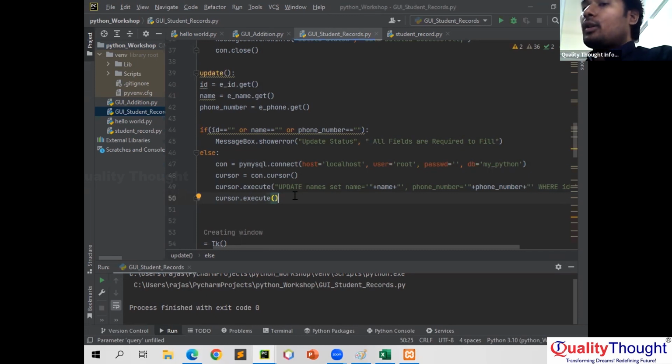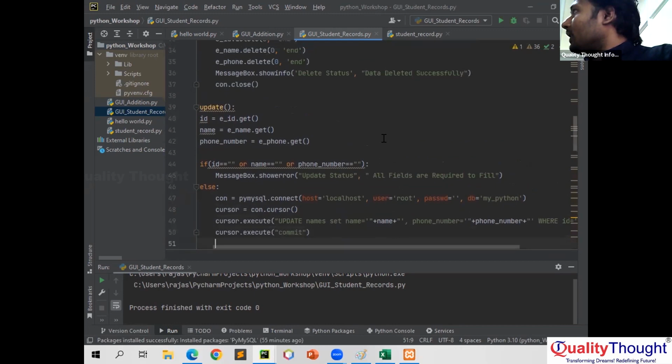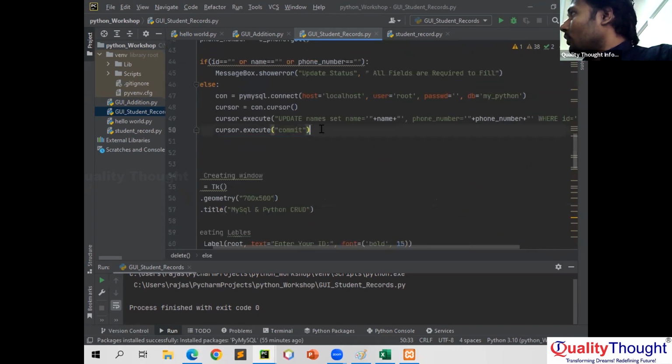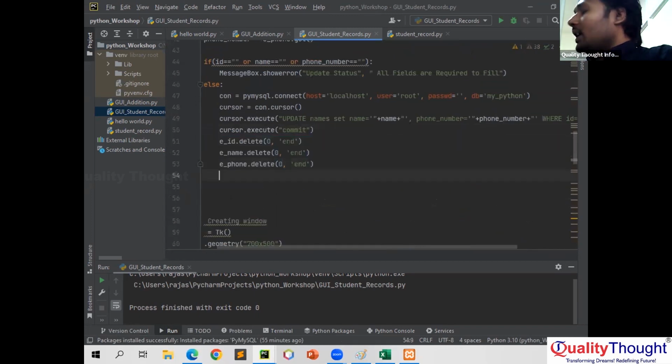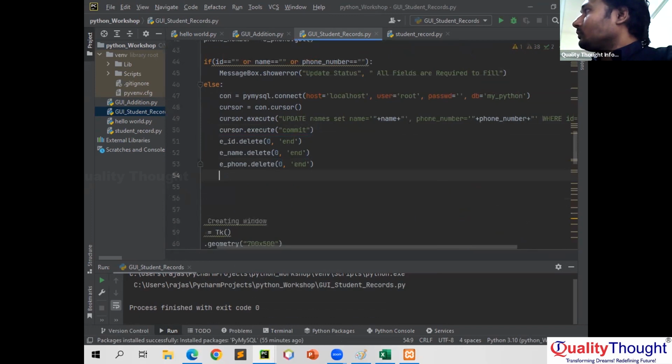Next, let us see here. Now the execution process was done. That is commit. Next, after the execution, I need to delete all the things. So I want to delete all the things. And here I want to make some changes, that is, show